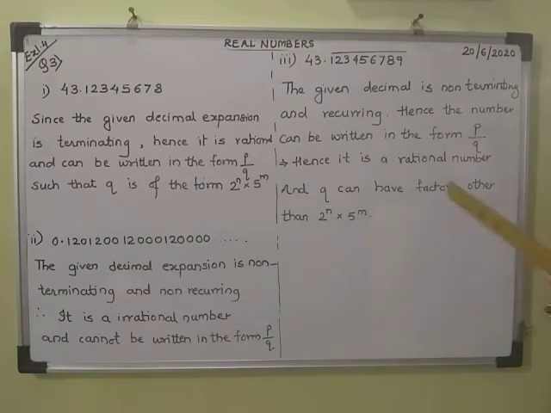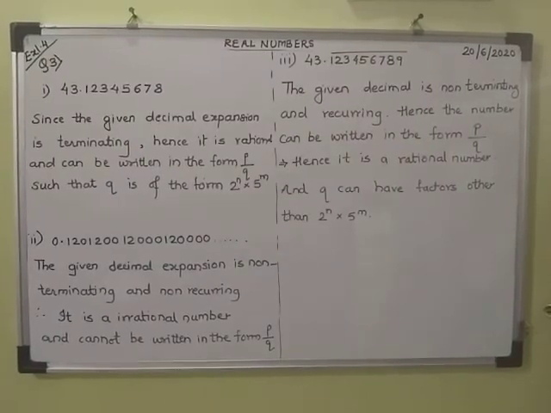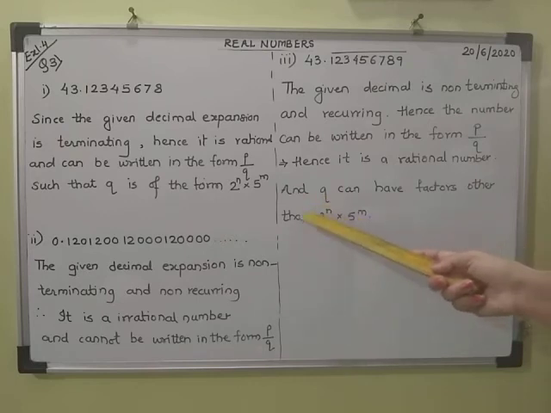to n into 5 raised to m, and there can be more, maybe 3, 7, 9, 3, 7, 11. It can have many other factors, many other prime numbers as its factors. That is why it is non-terminating. If it is only in this form, then it is terminating. Just like the first example is only in that form, it is terminating. But since it is repeating, it is non-terminating. So the denominator cannot be of this form. So it can have some more factors. So with this we have finished with the exercise.